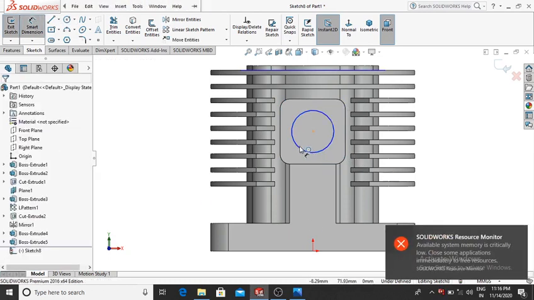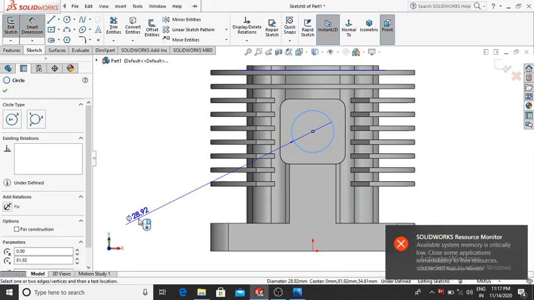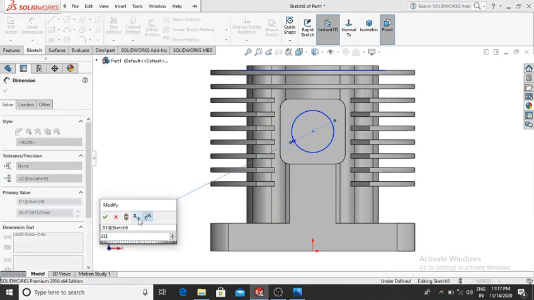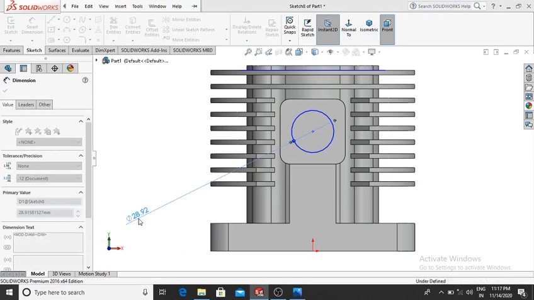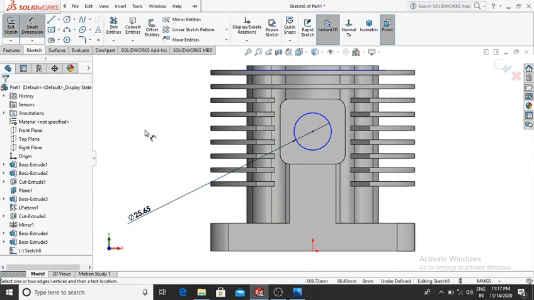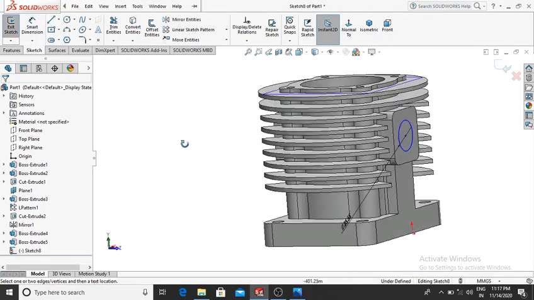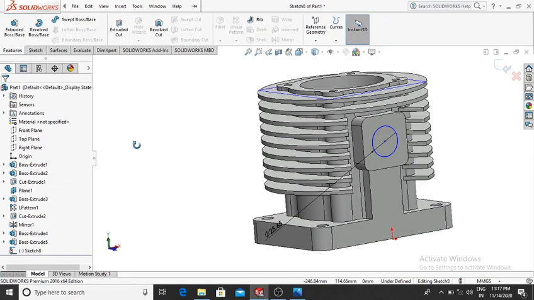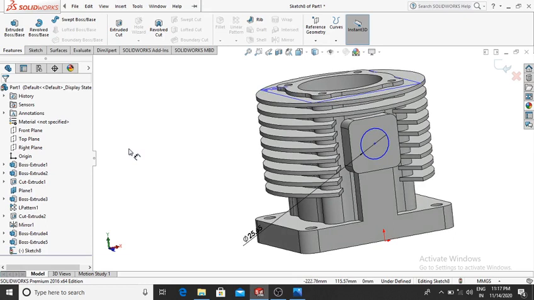Go to the smart dimension. The diameter will be 25.65. Make the extrude cut through all. So go to the feature. Make the extrude cut this one 3.175.